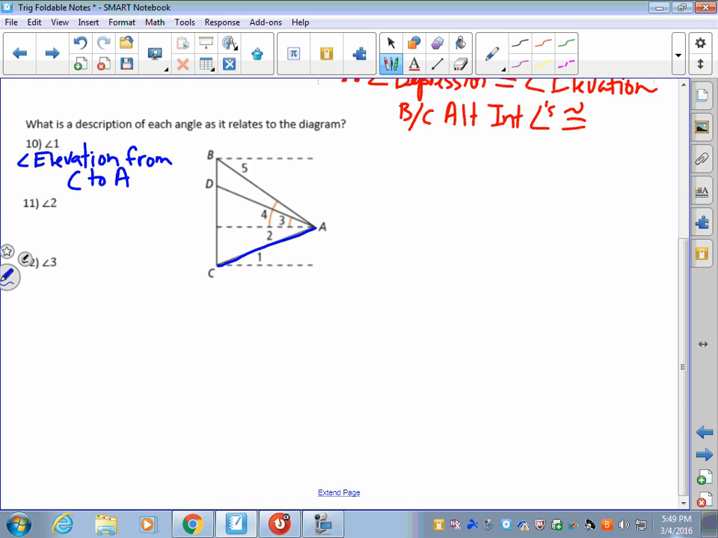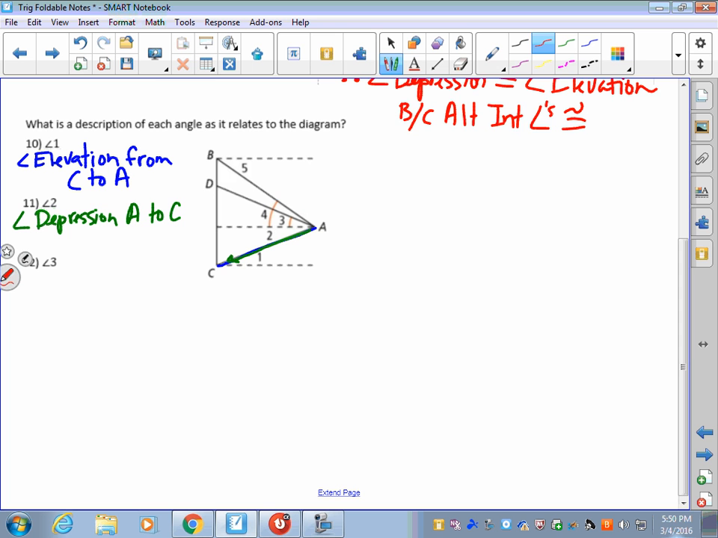Now, for angle 2, find the horizontal line and recognize where it is in relationship to the horizontal line, and we should have angle 2 being an angle of depression. And it's an angle of depression from A to C, because now we're going down. I'm just tracing back over that blue line, making it green, but understand we're going from A to C. And then our last one,